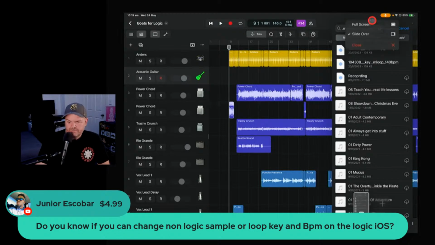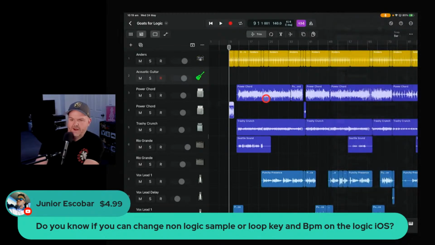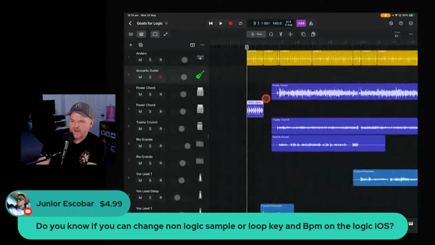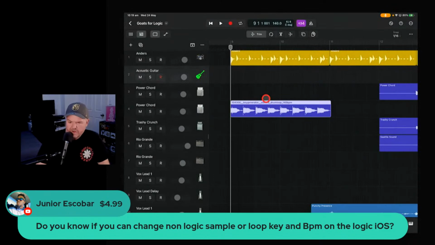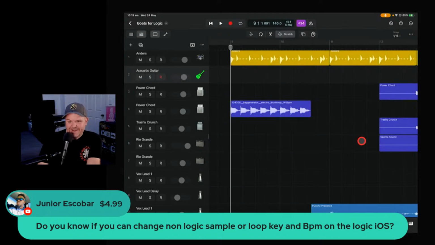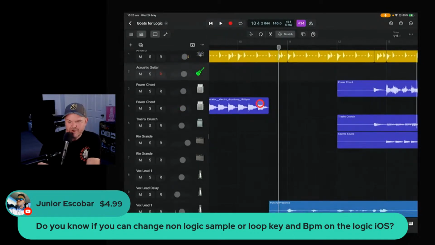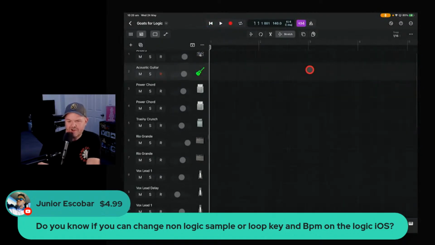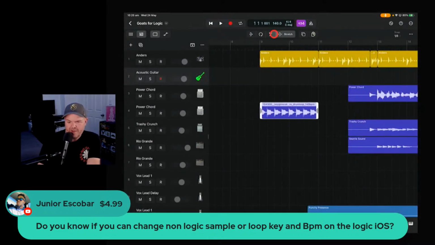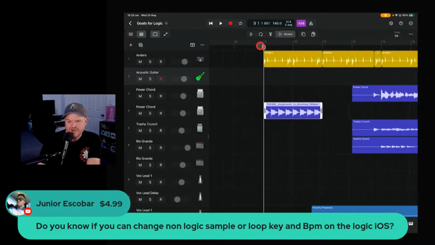Let's just send this away. Close it. And if we scroll in here and take a look, it looks like it's actually at the same BPM. How funny is that? It's actually at 140 BPM. But let's just assume it wasn't. Let's just assume it was at like 120 BPM, if it was something like this. So let's assume that was the original audio file. Well, that's not going to work. So what we can do is grab that and drag it out and use your stretch to actually increase the amount of space that it takes up. And that's going to adjust your tempo up and down accordingly.